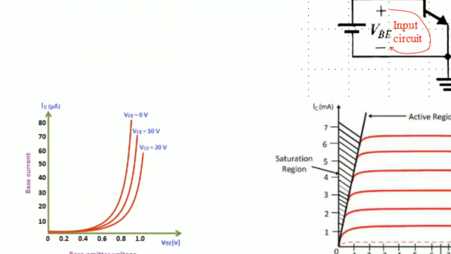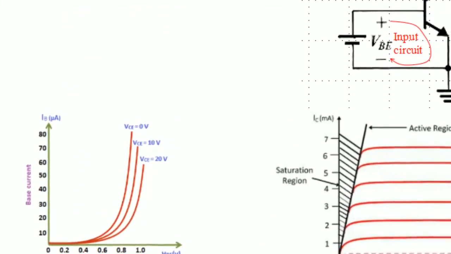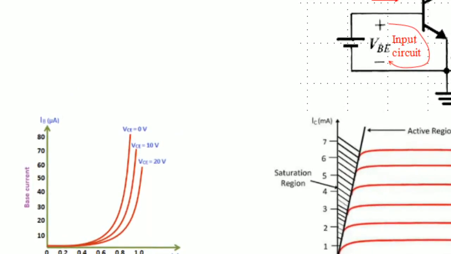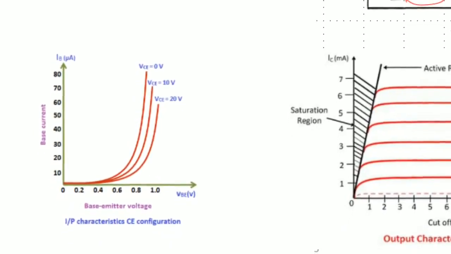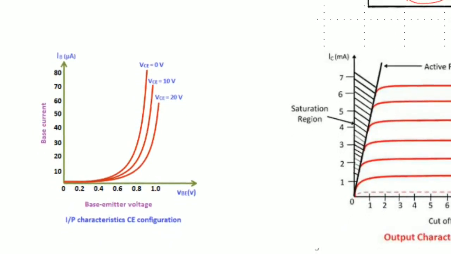If you note down the VBE value, initially my IB value is 0, and if you keep on increasing the VBE, the base emitter voltage, my IB value slowly increases. At one stage my base emitter voltage is constant and the IB, base current, is increasing. So if you refer to this diagram, it looks the same as the conventional diode, because we are considering only a PN junction terminal, so it looks like an ordinary conventional diode in the input characteristics.